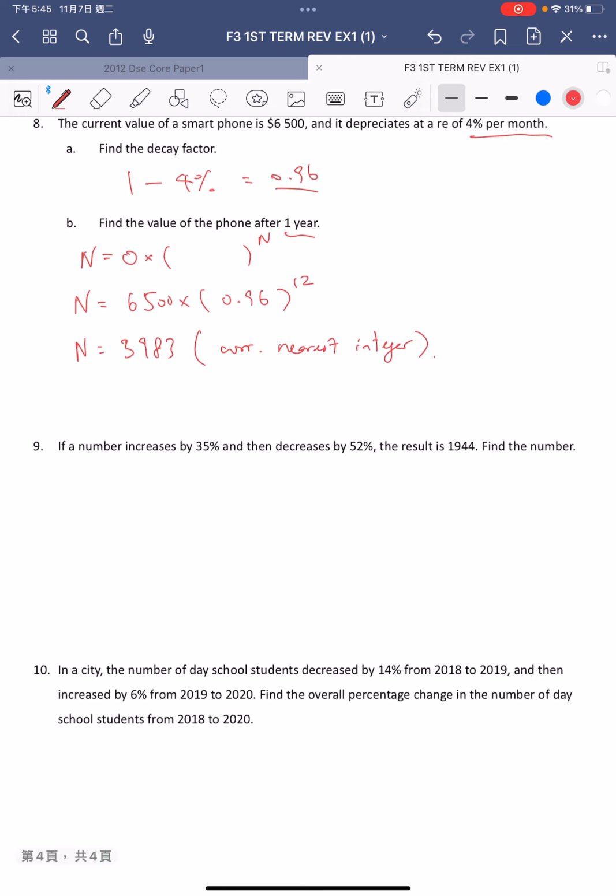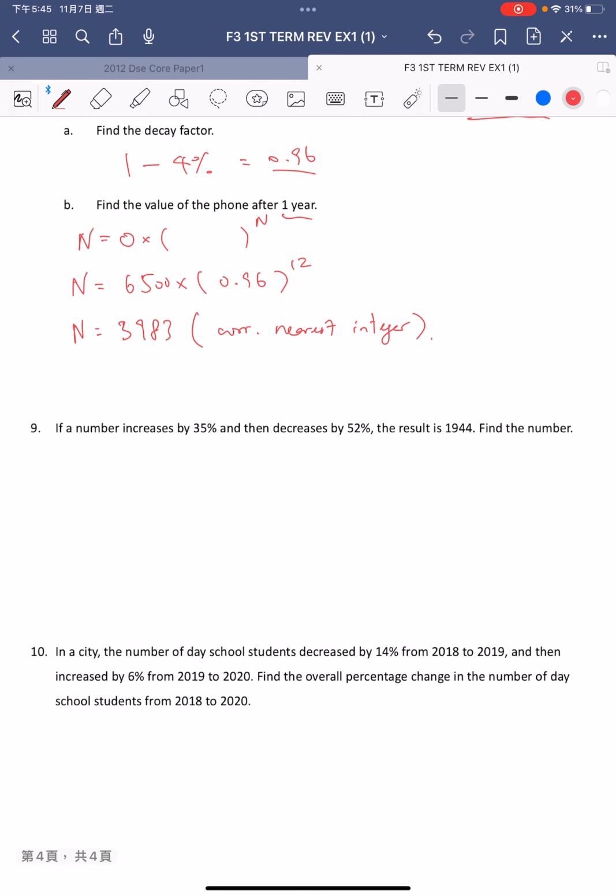Okay, so for number 9, a number increased by 35% and then decreased by 52%, and the result is this. So which one is the old one, which one is the new one? Before, we have a number, this is the old number, and then it's increased by 35%, and then it's decreased by 52%, and then the result is 1944. So we want to find out what the old number is. If we let the old number be x,